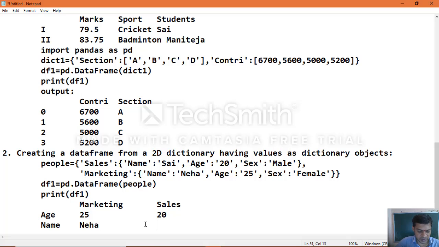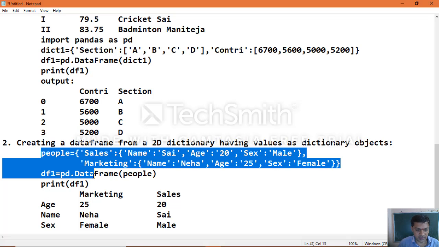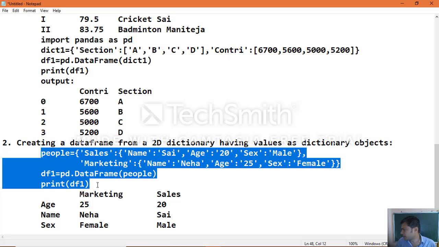Sorted order takes place. In the same way you can see age, name, then gender, female and male. This is how the output will look once you execute this application.